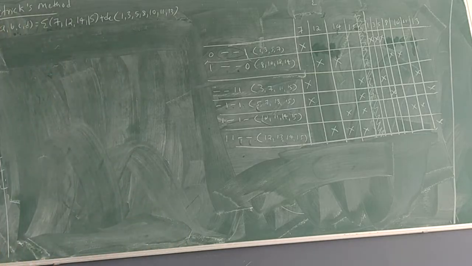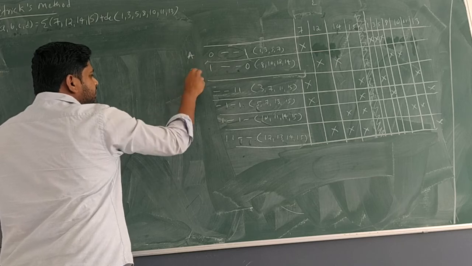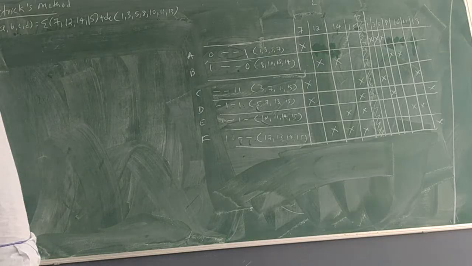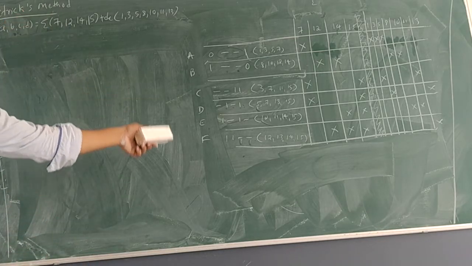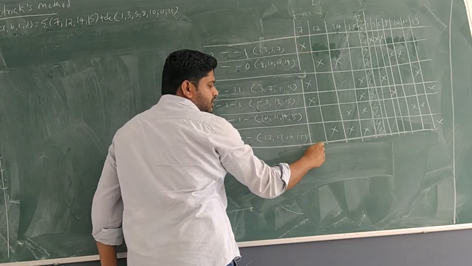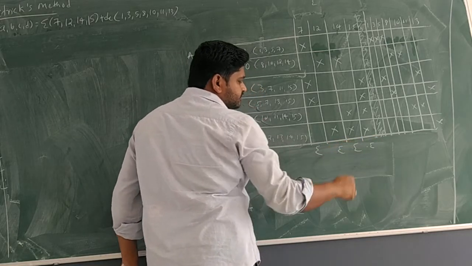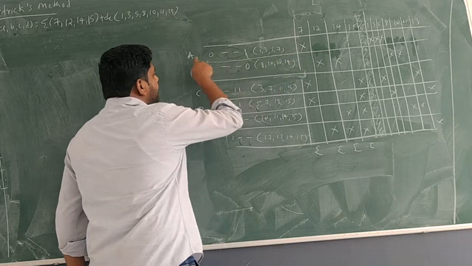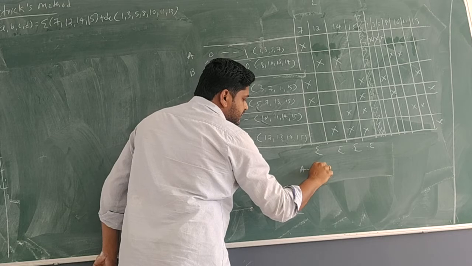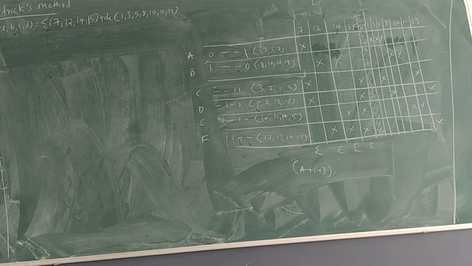So now, let me give the names a little different for simplification purposes. I will give capital A, B, C, D, E and F, instead of P1, P2, P3, P4. So now, applying summation here and here, what is the term here? A plus C plus D. So the first is A plus C plus D.